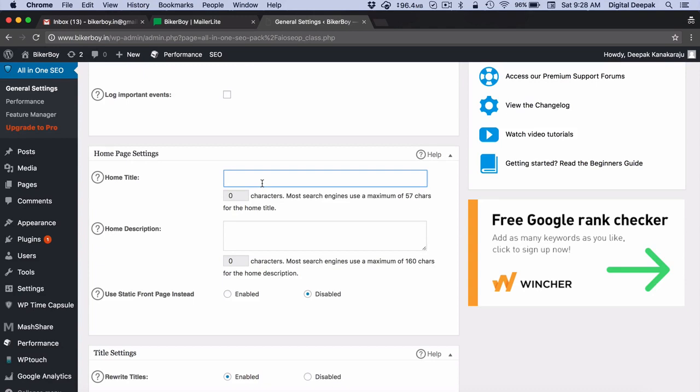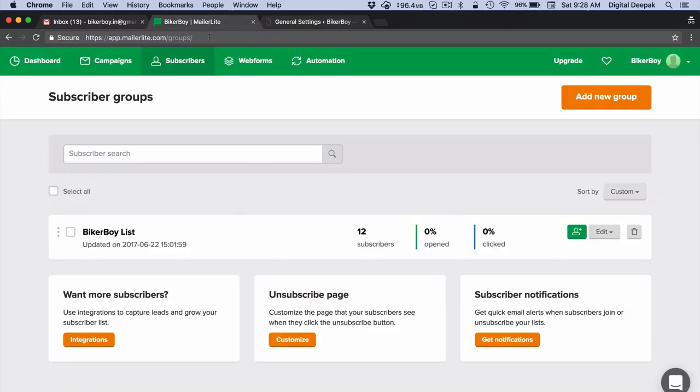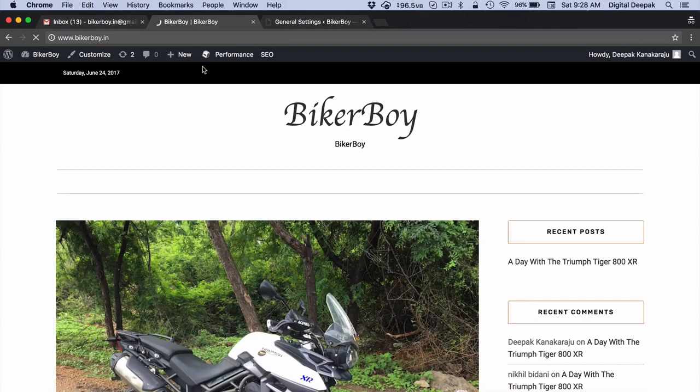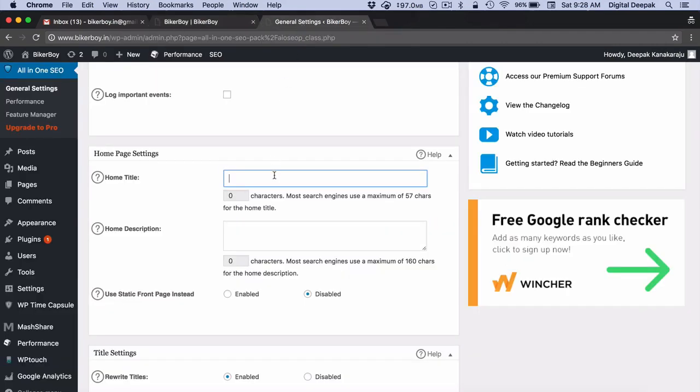The most important one is the homepage title, which you see as the title tag inside the website. If I go to bikerboy.in, you can see in the browser bar on the top, what you see here is the title of the blog. Here you can see bikerboy is the title. We definitely need a better title here. So I would enter bikerboy hyphen, something descriptive about the blog, in such a way that this is the brand of the blog. I would enter the #1 premium motorcycle blog in India,